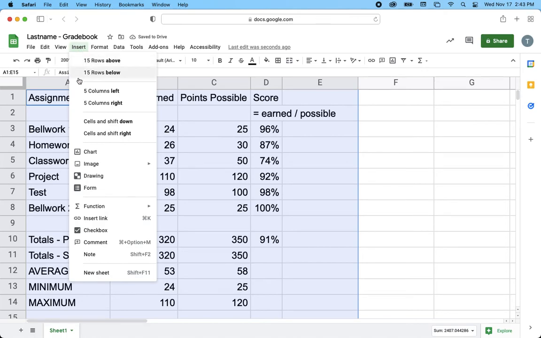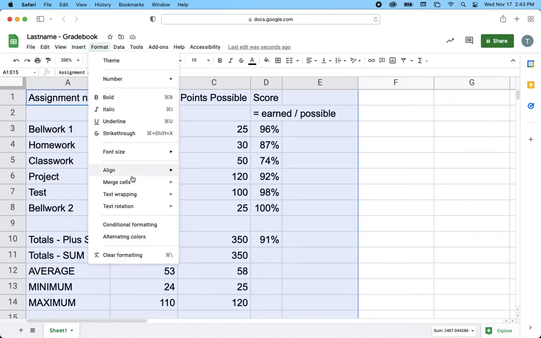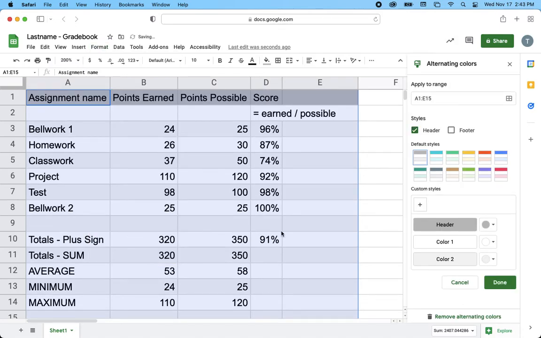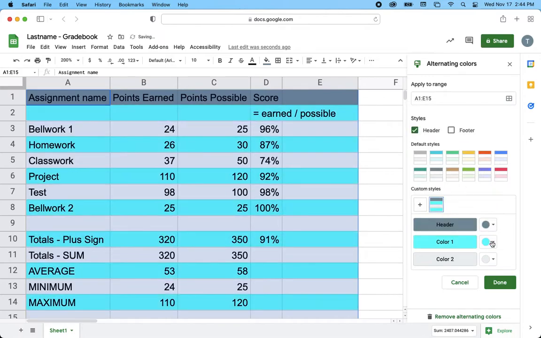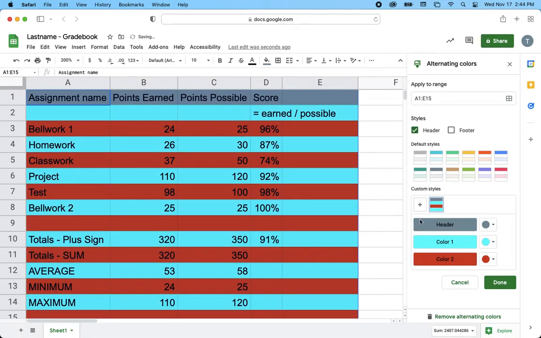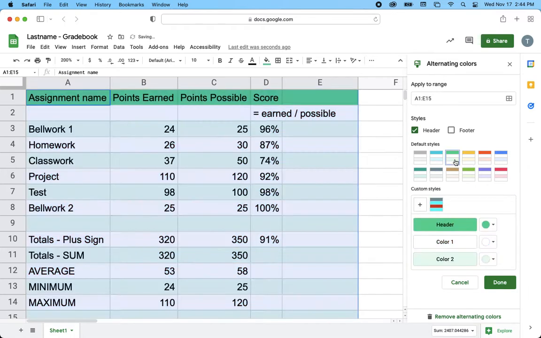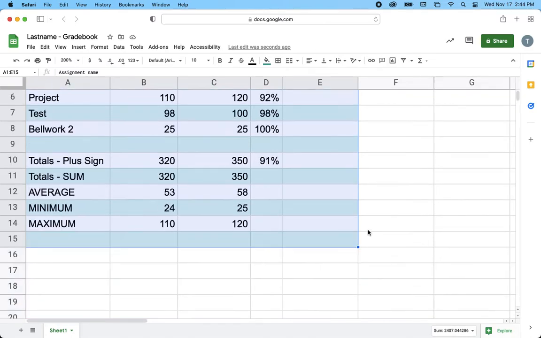One thing that we've looked at before is using the format alternating colors. And what this does is every line is a different color, which helps distinguish between and follow along a specific line of data. You can select whatever one you want if you want to use this, or if you want to change these to other wild colors, you're more than welcome to do that. That's a little too crazy. I'm just going to stick with the old teal and light green. So I hit done,